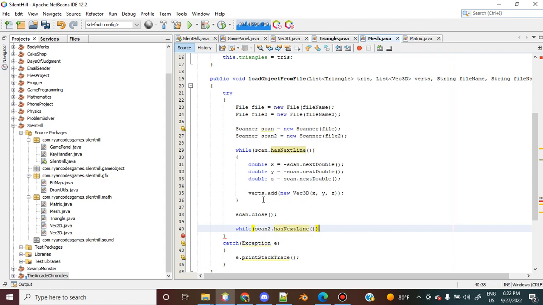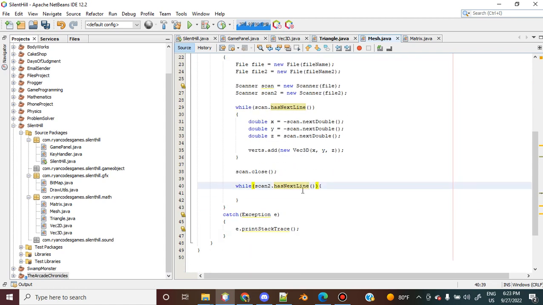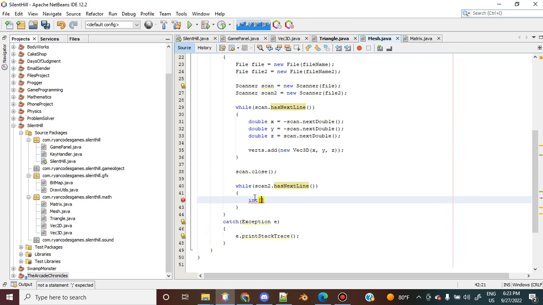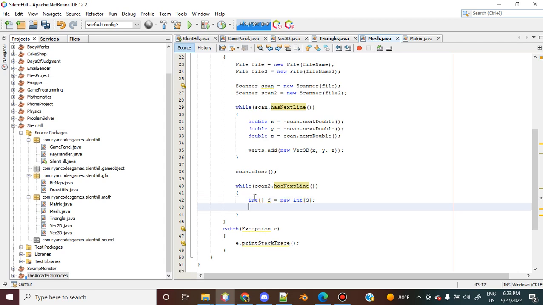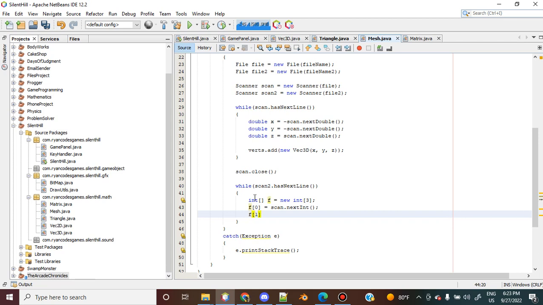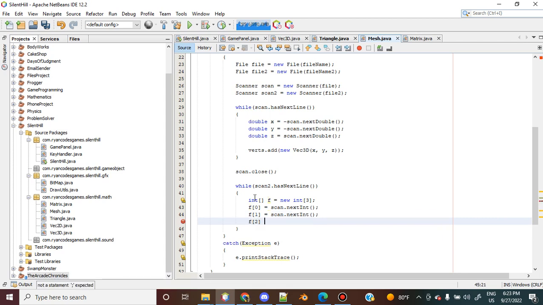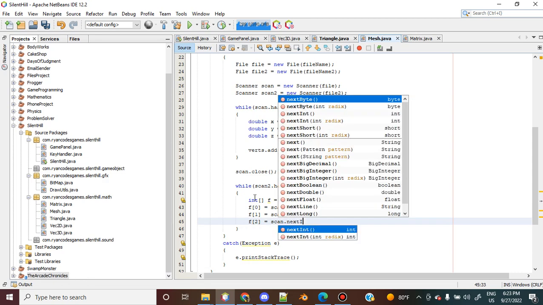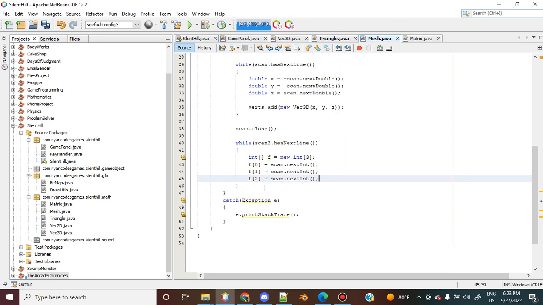scan2.hasNextLine. Face values should be in pairs of 3, so we're going to say the integer array, we're going to call f to represent face values. So it should be scan.nextInt. Say f of 0 equals scan.nextInt. And say f of 1 is going to be equal to scan.nextInt. And f of 2 as well, and then